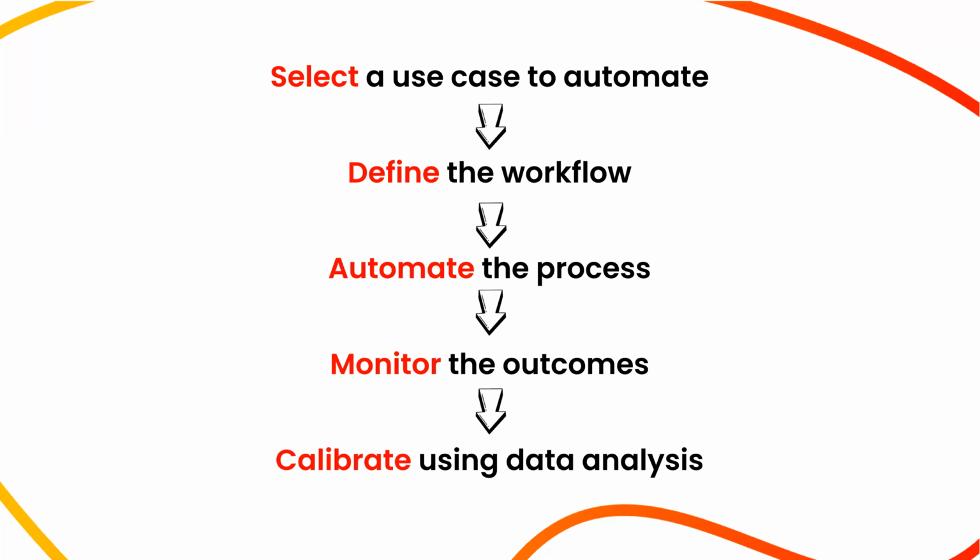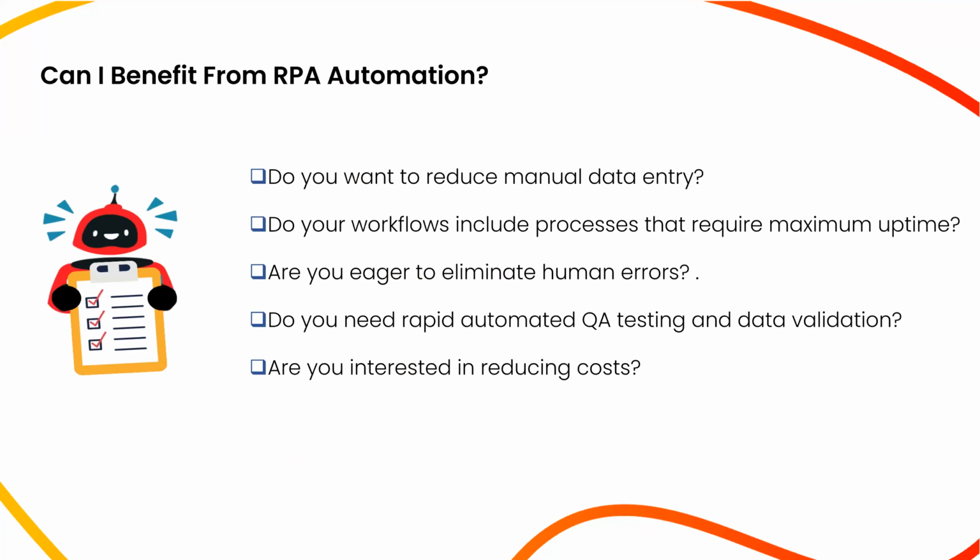So this is the process in general from a high-level perspective. How do you know that you can even benefit from doing automation? Not every process benefits from automation. So the first thing you have to do is check if you have a clipboard. If in your organization people are walking around with clipboards where they enter data and then they retype it